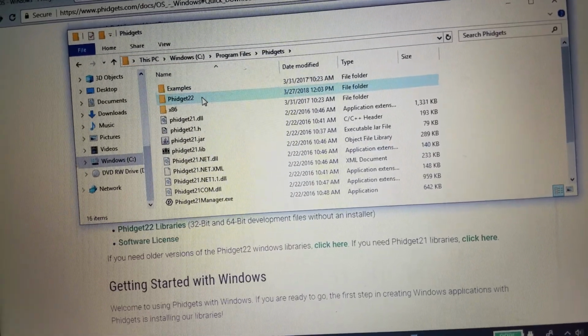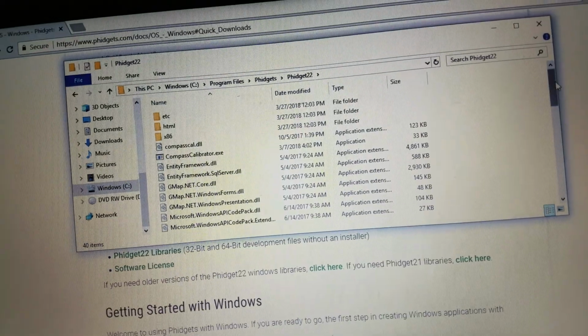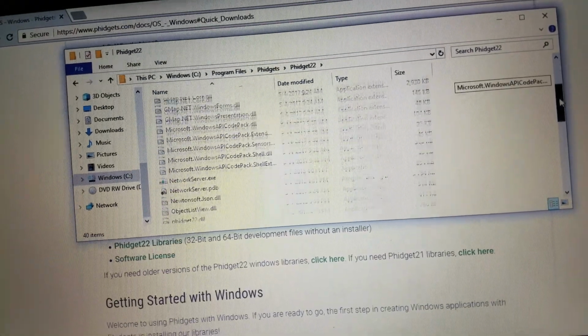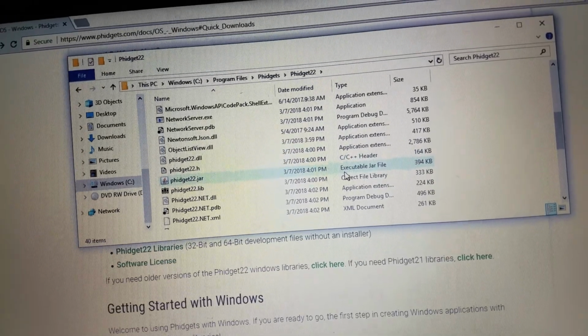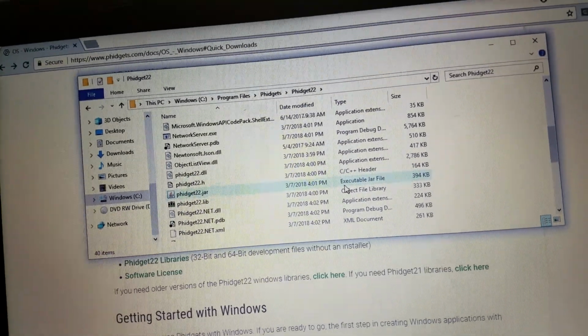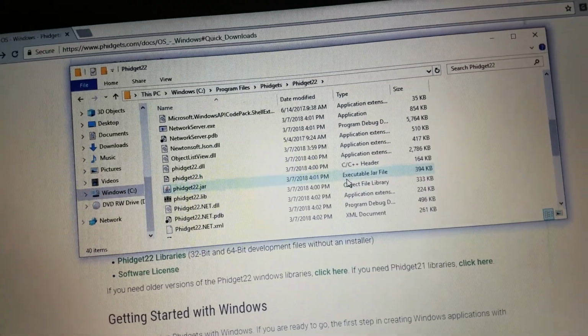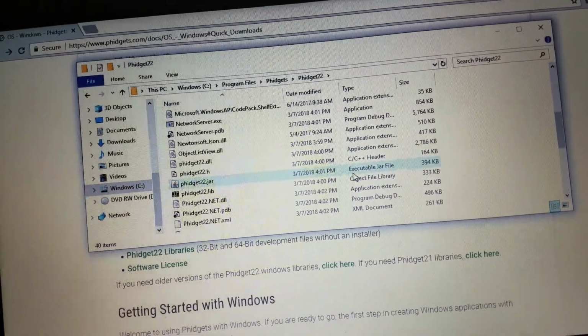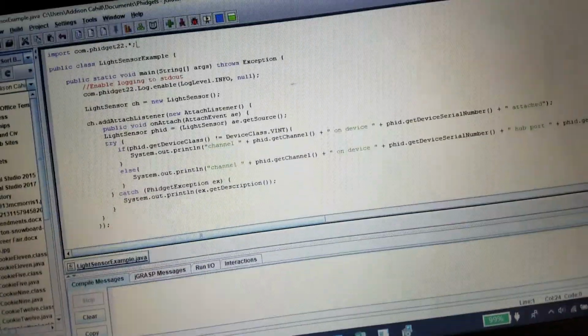So here mine are. I'm going to click on Phidget 22. And I'm going to find something that says phidget22.jar. There it is right there. I'm going to remember where that is because that is the class path that's going to allow you to code in Java. So once you've got that, you're going to want to go into JGrasp, and to be able to